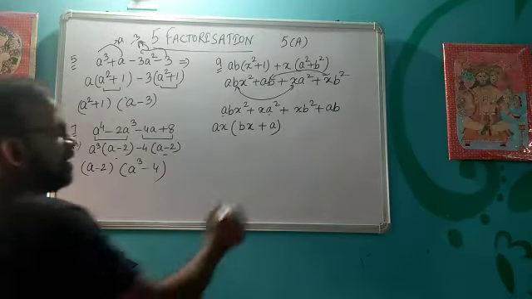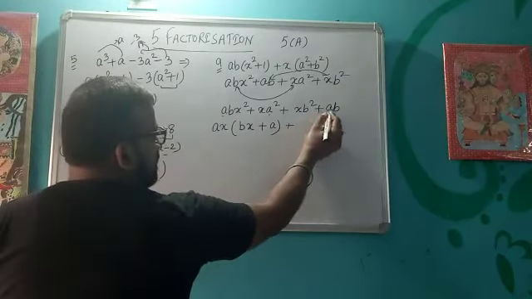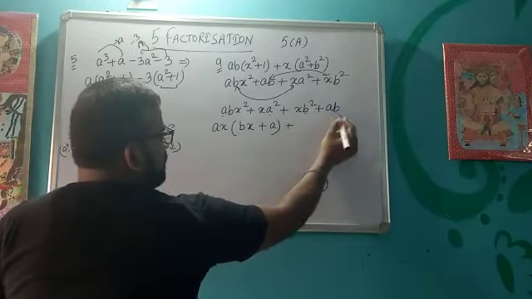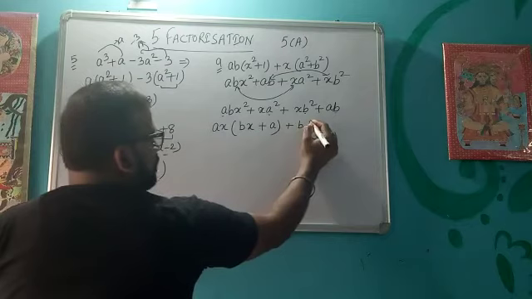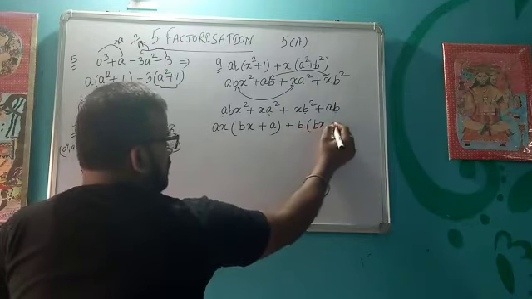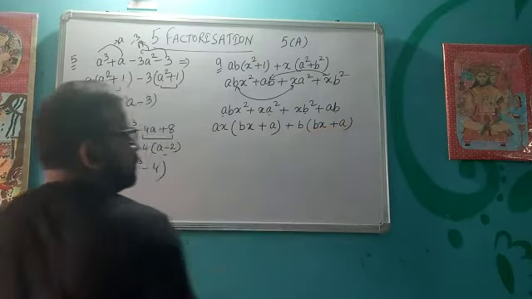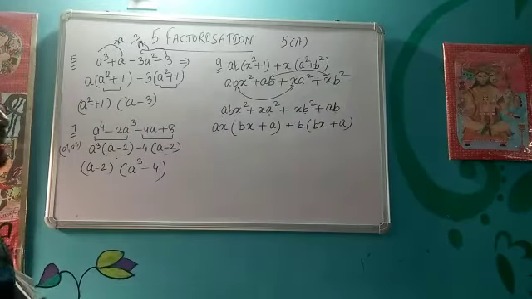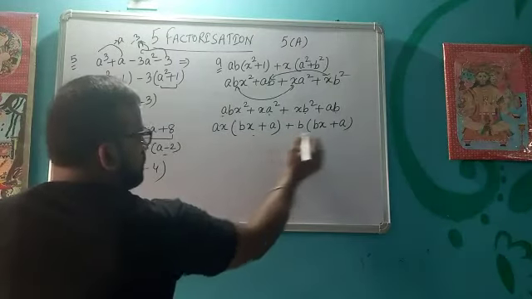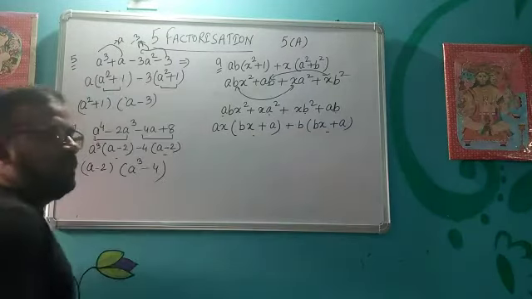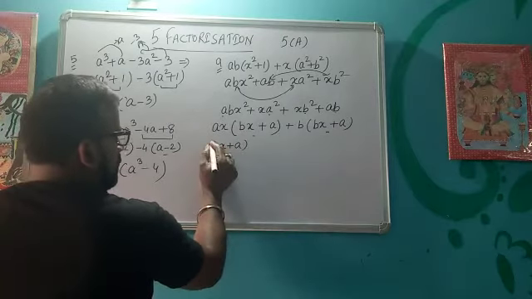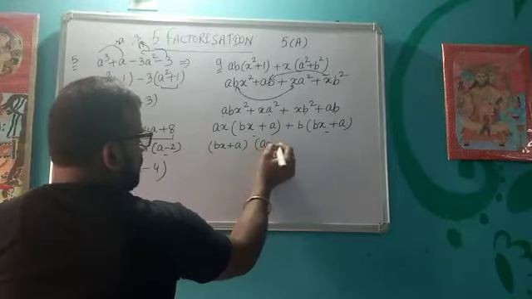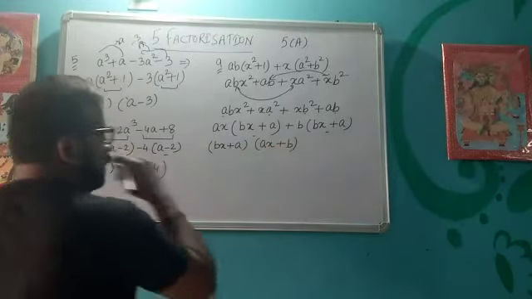Then in this, see ab square and b, so I will take b as common. Now none of the terms you can take common, so it is again bx plus a. So finally we are reduced to an expression in which bx plus a is the common term. So this will be taken as common, and in the bracket we are left with ax plus b.